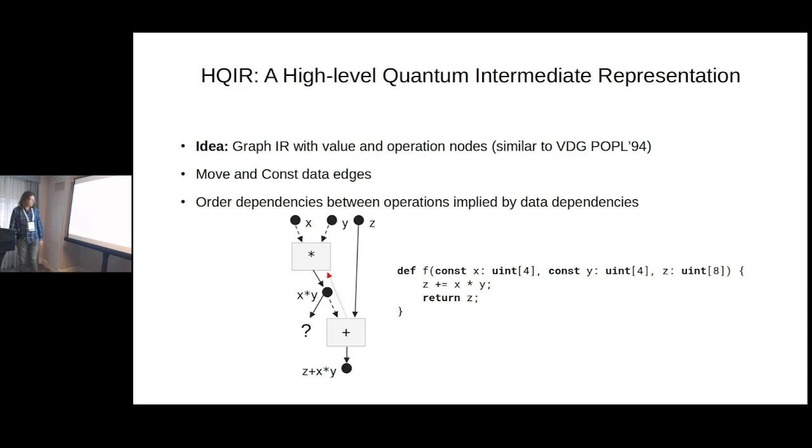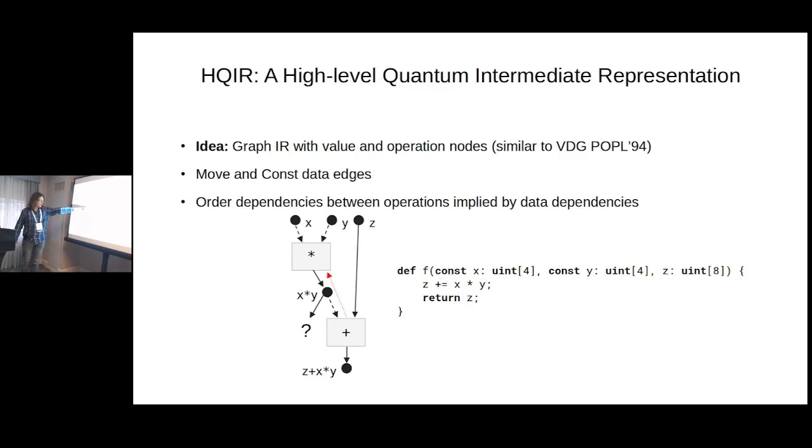The way that would look in the IR is we take x and y, and we give them to multiplication, which doesn't consume its inputs. Instead, it just borrows them because multiplication isn't reversible. I forgot to mention that all quantum gates are reversible. So we must always be able to reverse any operation: when we have its outputs and its borrowed inputs, we must be able to get the original consumed inputs back. But for multiplication, this is impossible, so it has to be like this. And it produces an output which we must then consume. We'll deal with that later.